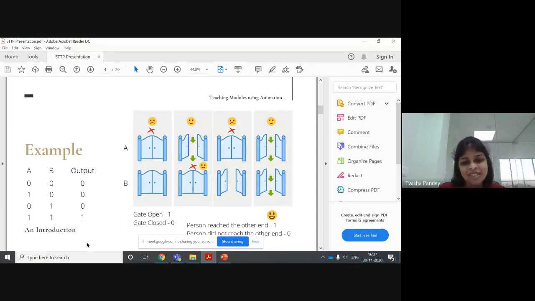Had this been a live presentation, I would have asked you, what does this table represent? So yes, this is the truth table for an AND gate, and this is how we can explain logic gates to our students. For you, it might not make a lot of difference, but for a person who has never seen, has no idea about logic gates or has read it just once, I think this kind of visualization will make a great impact. The person will always remember this visual, and then he'll never confuse whether 1 0 is 1 in an AND gate or whether it is